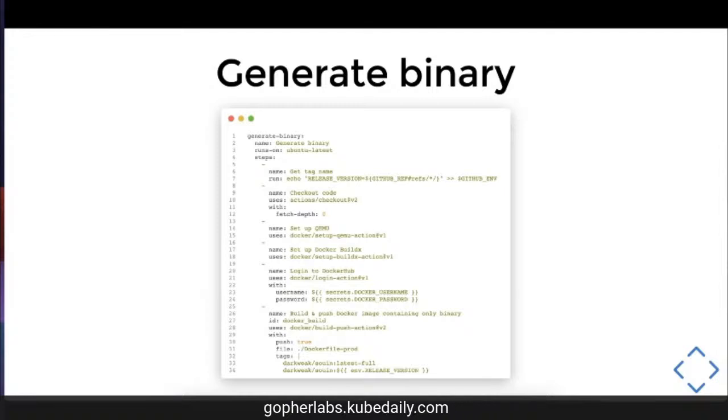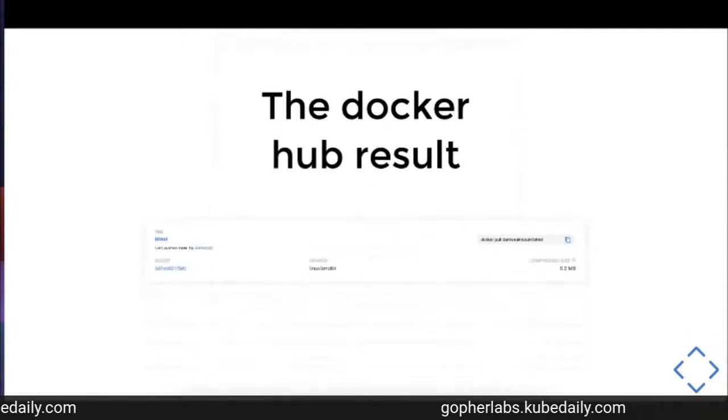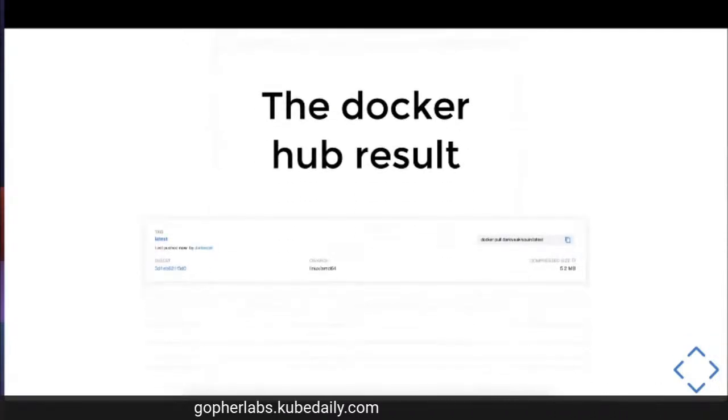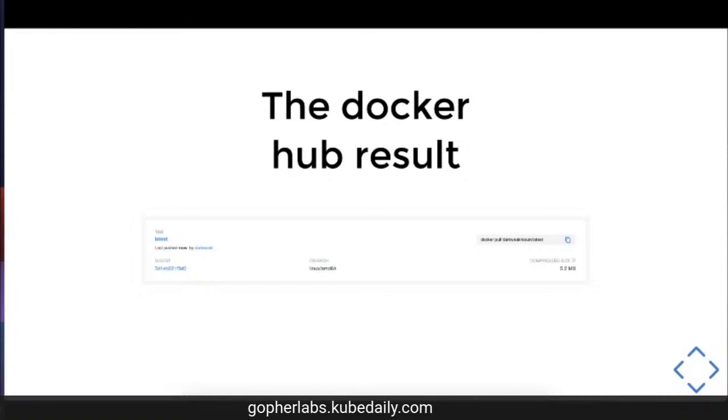And here is the result for the minimal version, for example. It's tagged as latest, and it's obviously pushed as the tag name, so like version 1.5.2, for example.